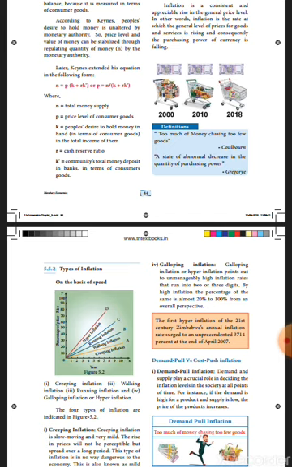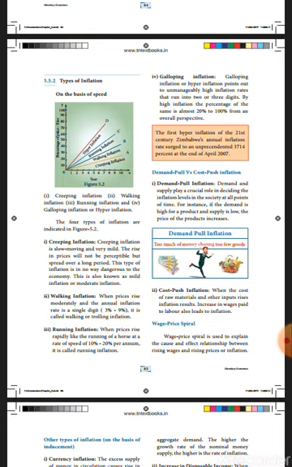Now we are going to see the first type, creeping inflation. Before that, what is inflation? A steady increase in price level. So the price level will increase at a slow moving rate, a very mild rate, and spread over a long period. This is not dangerous to the economy. So that is known as mild inflation, or moderate or medium level inflation. That is the first type.